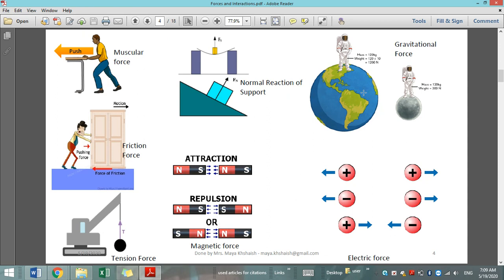And gravitational force here, showing an astronaut on the surface of Earth. He is subjected to a certain gravitational force, which is the weight, and also when on the moon he is subjected to gravitational force, but which is less intense, because the gravity is actually much less than that on the Earth. And finally, the electric force, showing here also a force